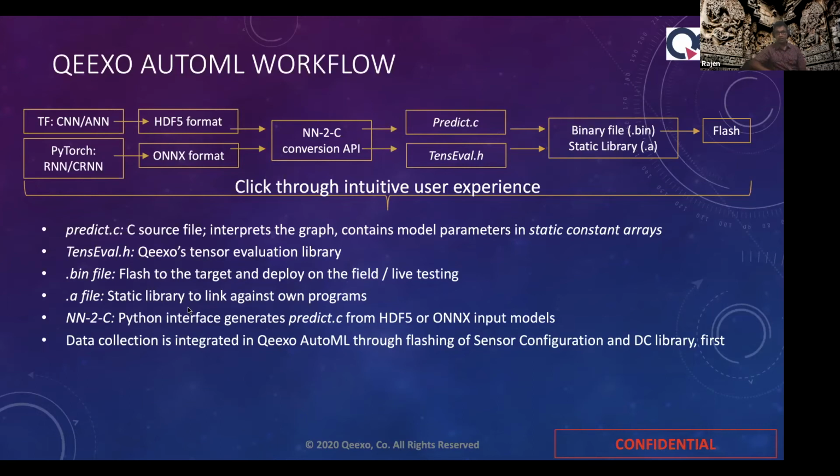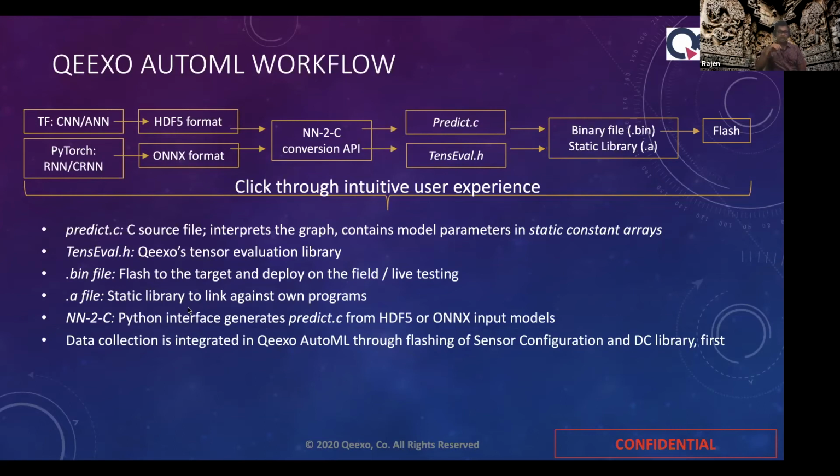right? Then I'm not just interested in getting a 1 or 0 classification output. I also want to do something else on top of that classification output, where I want to grab the classification output and integrate it into my own logic to do something else, either to send push messages or to generate alerts or to do something else. So in that case, we also provide the .a file, which users can link against their own programs.